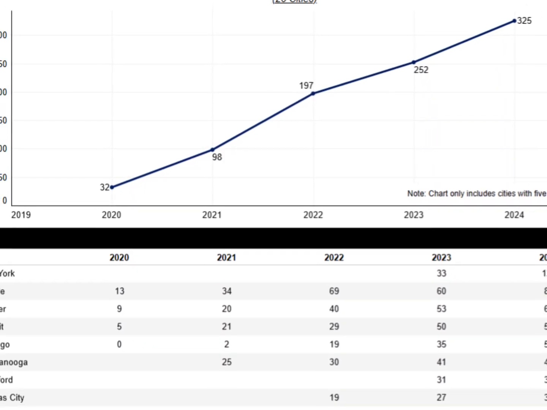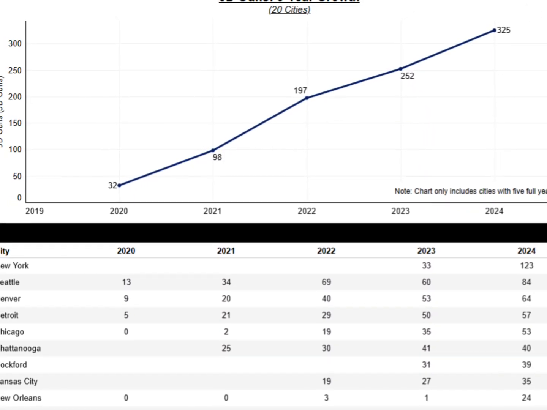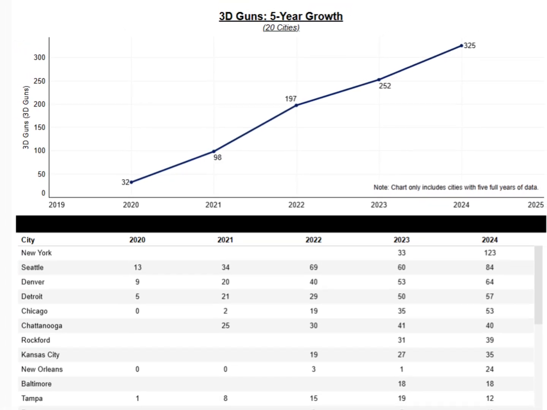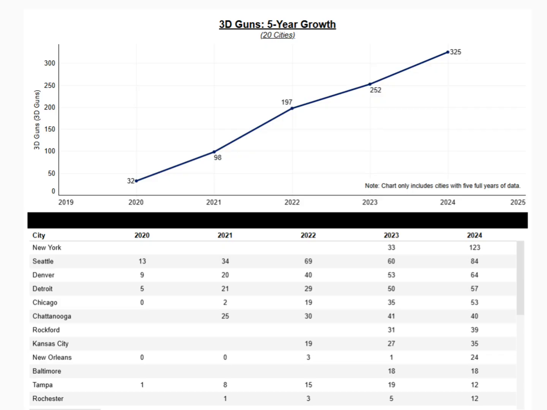Let's talk about 3D printers. Over the past 5 years, there's been a marked increase in 3D printed gun violence across many US cities, but more specifically in 20 which have reported a 1,000% increase over the past 5 years. Now most of these are only single to double digit increases, but that has still been enough to grab the